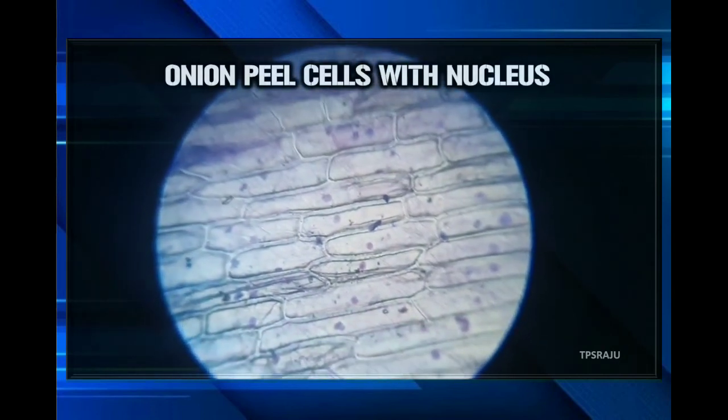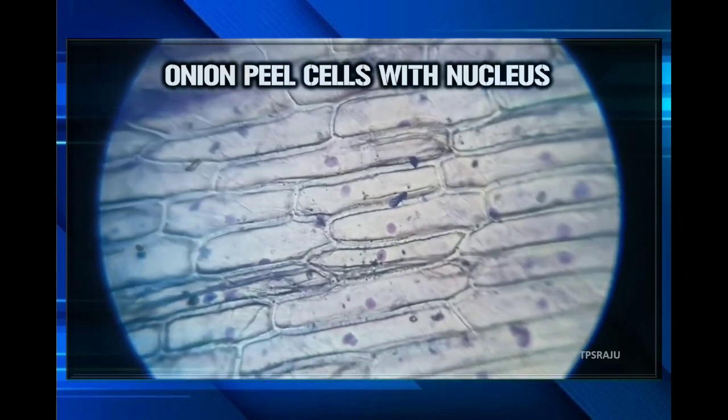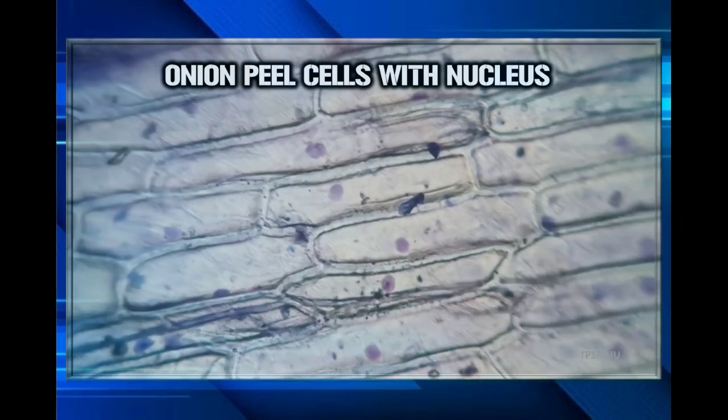Observe carefully. There are dark colored, oval-shaped, spot-like structures present in the center of each cell. These are known